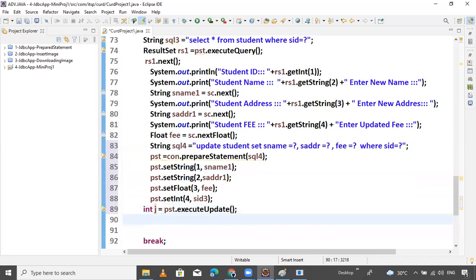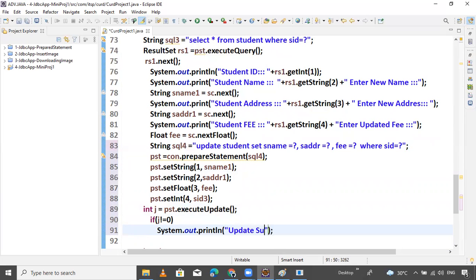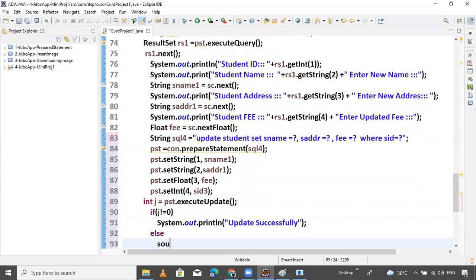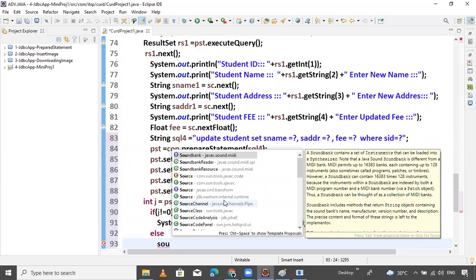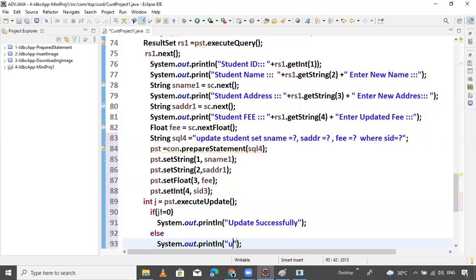So J, try J. If J not equals to 0, S out, update successfully. Else, S out, updation failed.